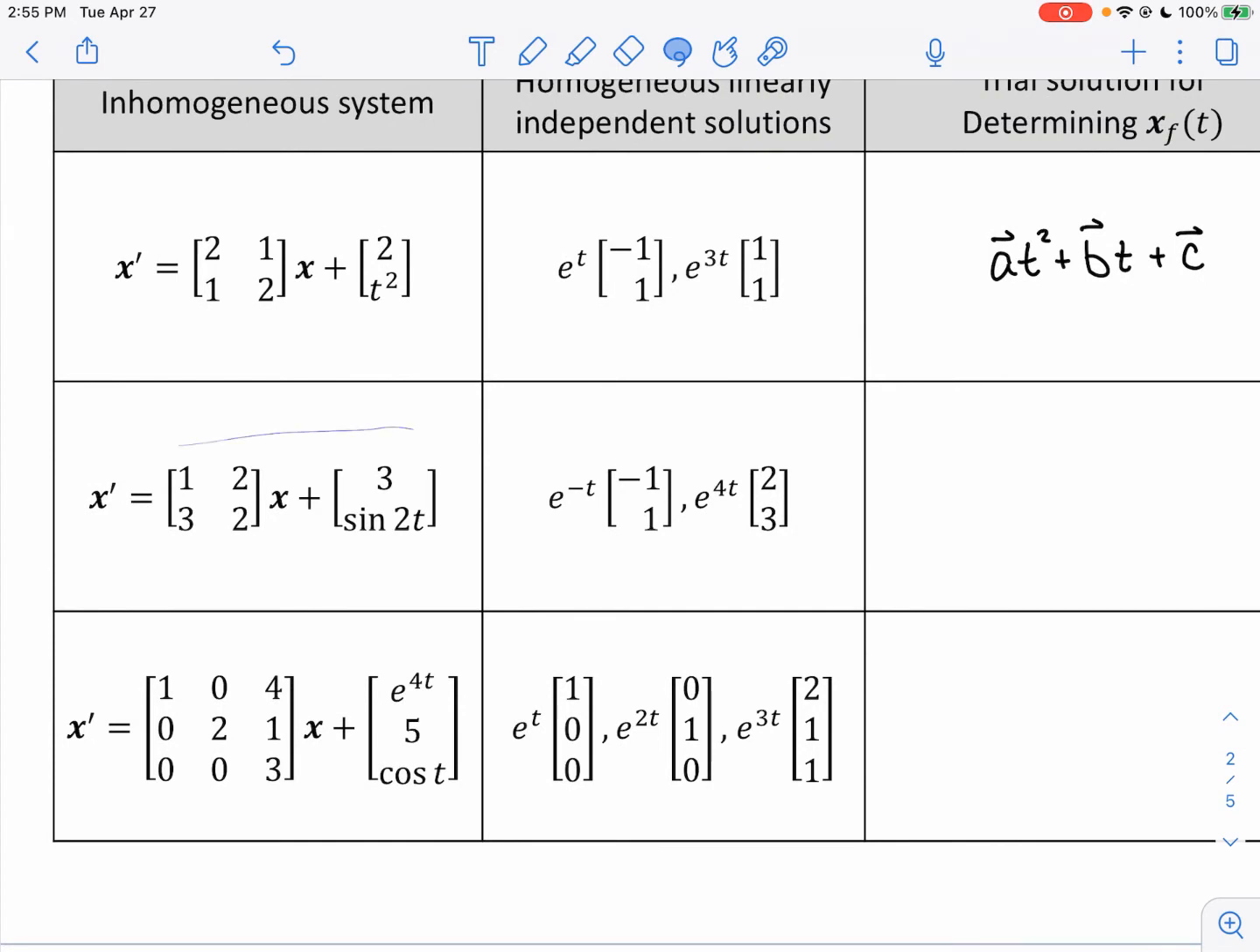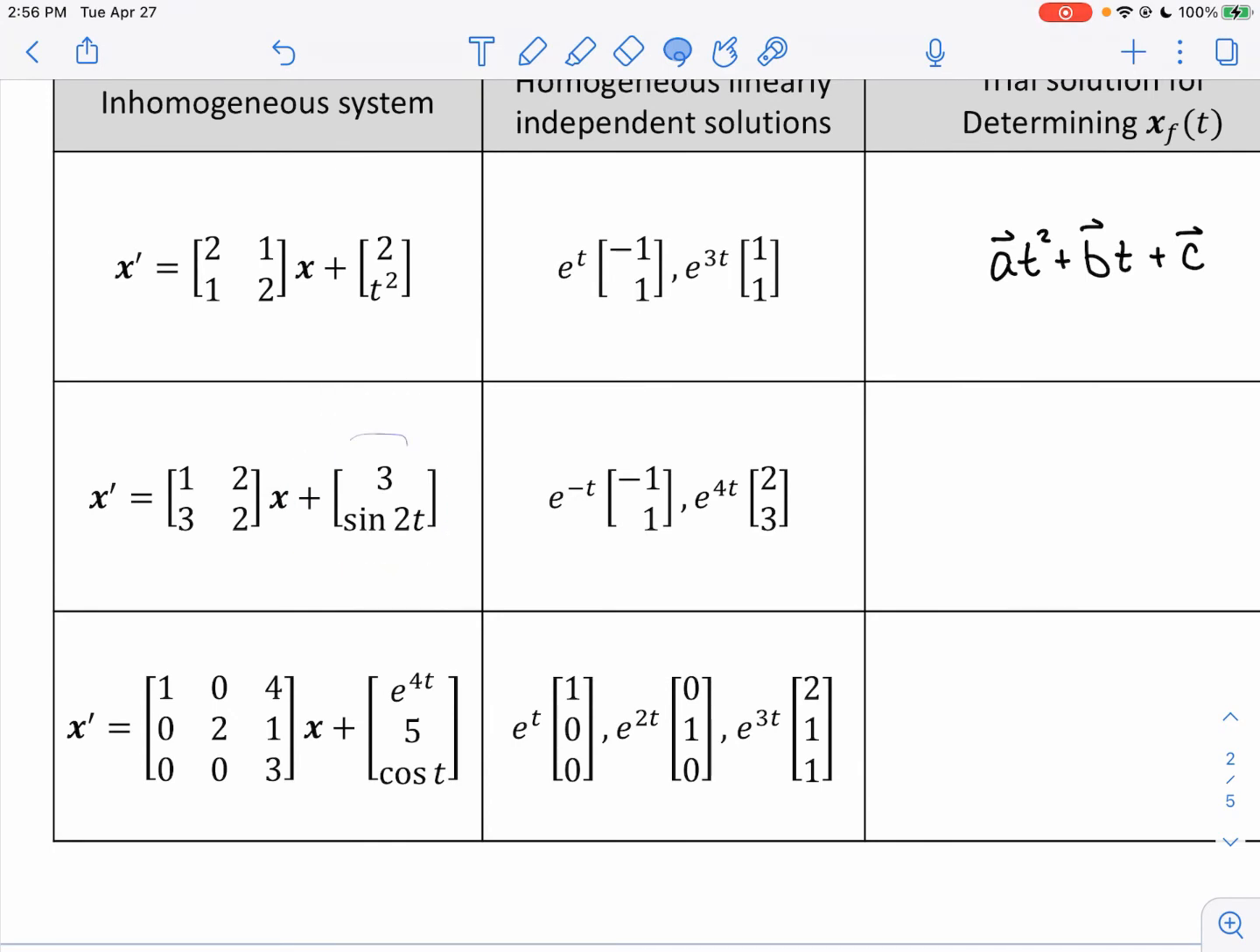Now the next case, we have, again, an inhomogeneous system. If this part here was not present, then we would have a homogeneous system. The eigenvalues of that coefficient matrix are -1 and 4, as indicated by the exponents here. And the corresponding eigenvectors are indicated by these vectors next to these exponentials. So if I did C1 times this plus C2 times that, that would be a general solution to the homogeneous, to just this part. But now we have an inhomogeneous component that's non-zero, so we want to construct a trial